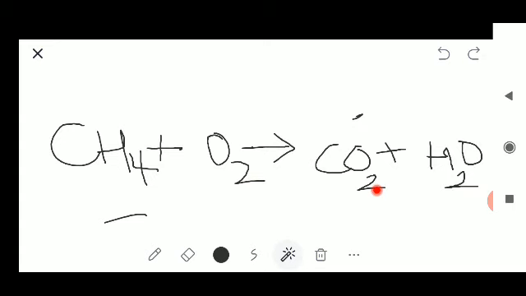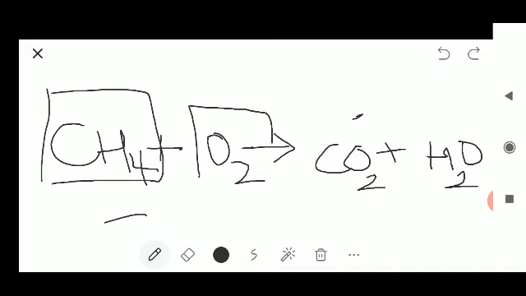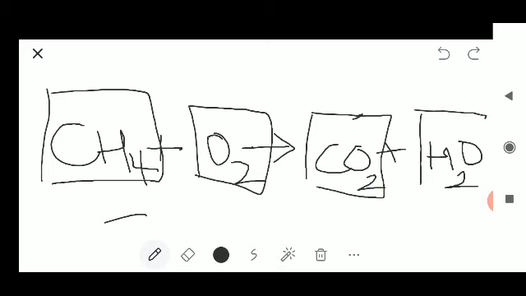Before you start balancing a chemical equation, you should ensure to draw a box around each and every element. The purpose of drawing the box around each element is that nothing inside the box should be changed. Whatever change we are going to make, or whatever number we are going to put, goes exactly to the left side of the box. It might be here or here or here, or it might be here too. So no change should be made inside our box. That is the purpose of putting the box.